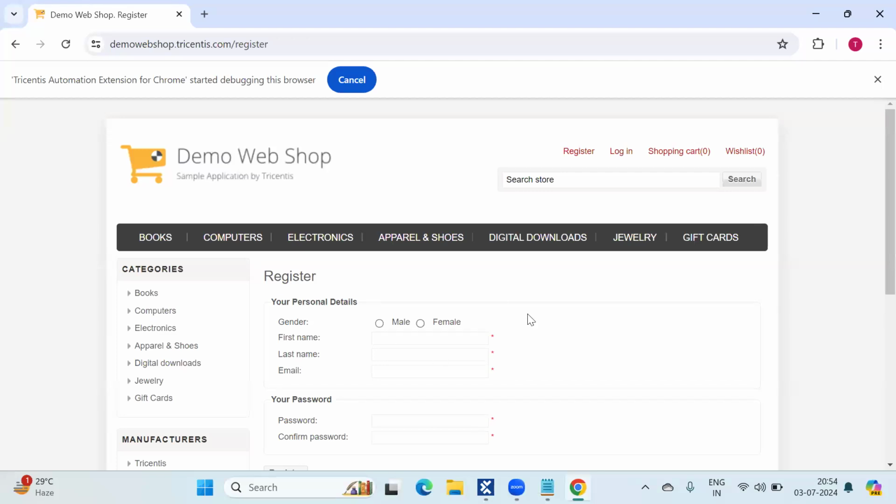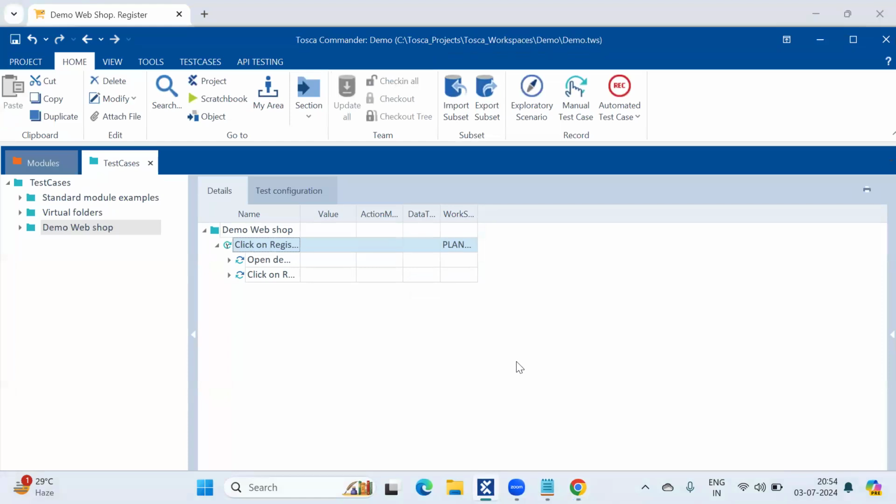If you practice on this application, it will be more beneficial for you. The tool will be the same. When you go into any company and you want to work on a Tosca project, this tool will be the same. The work you are going to do will be the same. No difference in the work, no difference in the tool, everything will remain the same, only the application will be different.